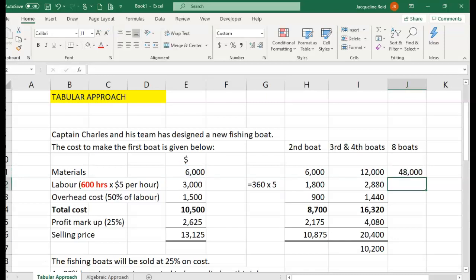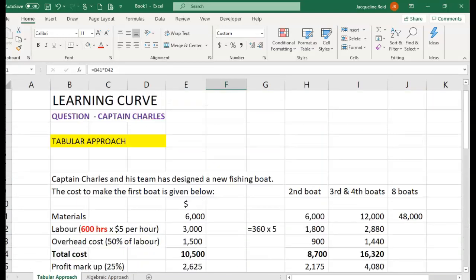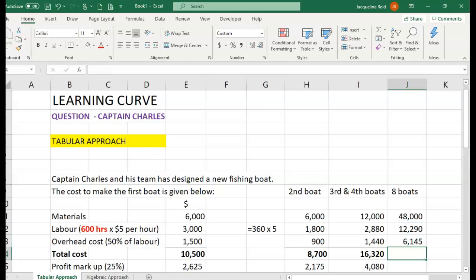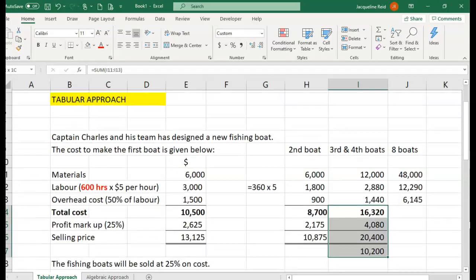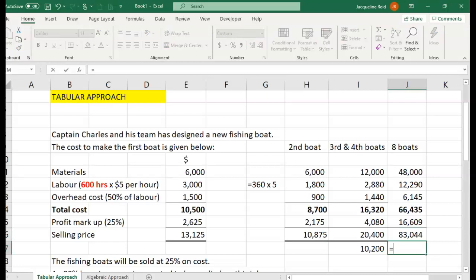Now let us go to the table to find out what is the labor cost for all 8 boats, and I did highlight it, and it is 2,458 hours. 2,458 hours multiplied by the same $5 per hour. The overhead cost is 50%, and so we can complete our calculation by copy and pasting. So the 8 boats come to $83,044. So if we divide that figure by 8,